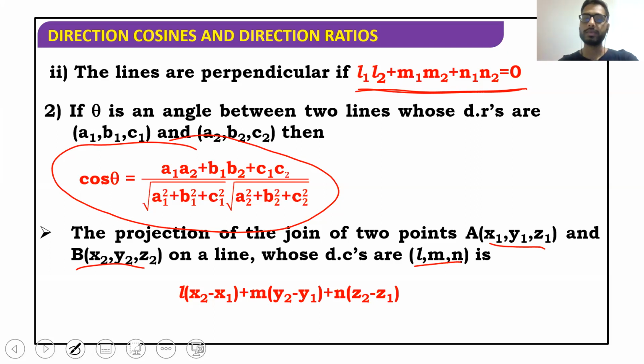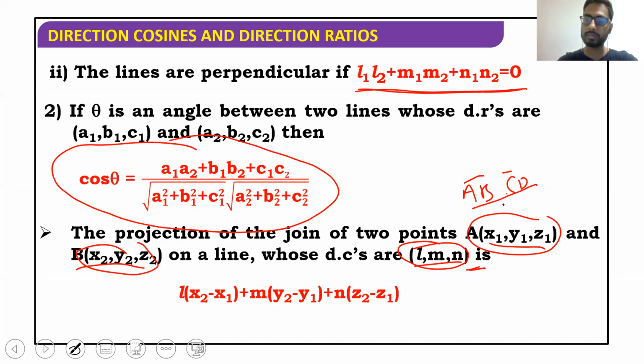There is also another way to get the projection. Projection is nothing but your dot product. So you'll have to consider this point A, this is your point B. You'll first have to find AB bar. Then from your direction cosines, you can form the equation of one line. Suppose you get the equation of this line as CD, then AB bar dot CD bar upon magnitude of CD bar would also give you the length of projection.